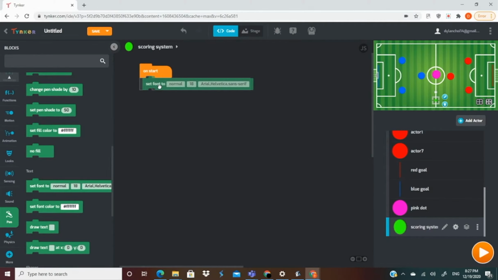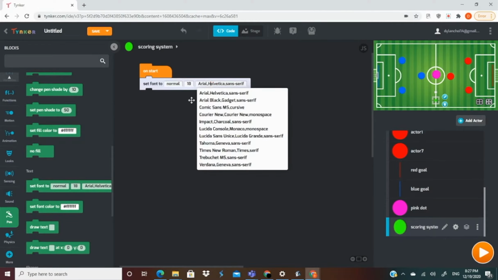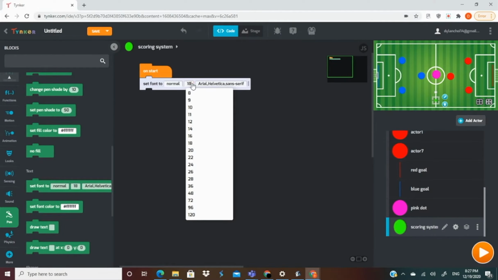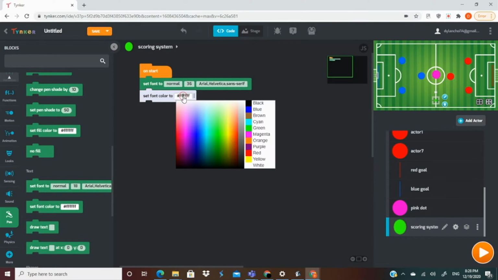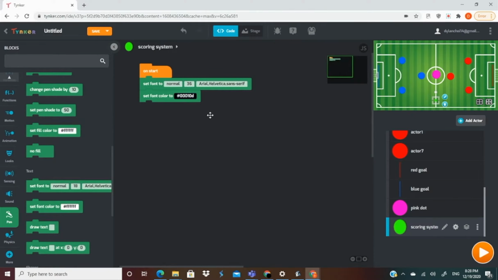here, and then the font doesn't really matter, but we don't want it to be too small, so I guess let's just choose 36. And then we also want to set the font color. Again, this doesn't really matter, but you're not really going to want to pick something that's too close to the color of the field, which would be green. Let's just pick black. Alright. So now let's go find